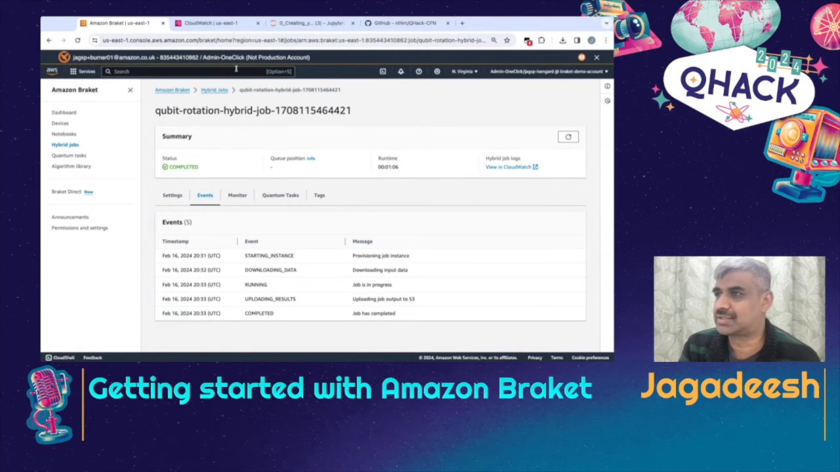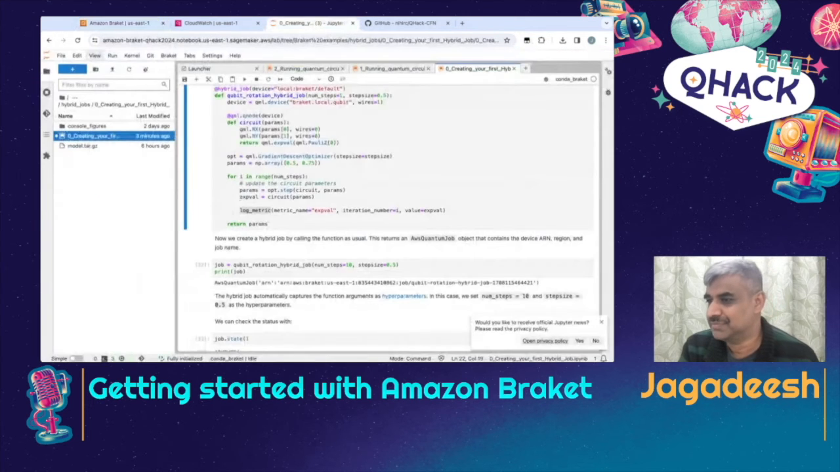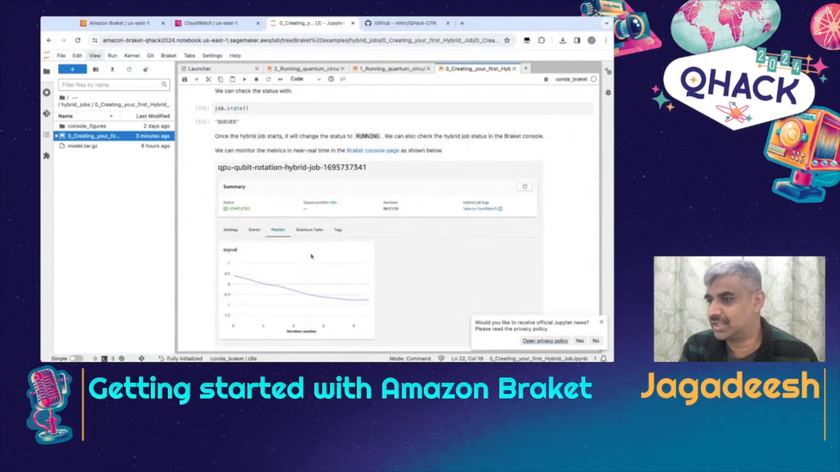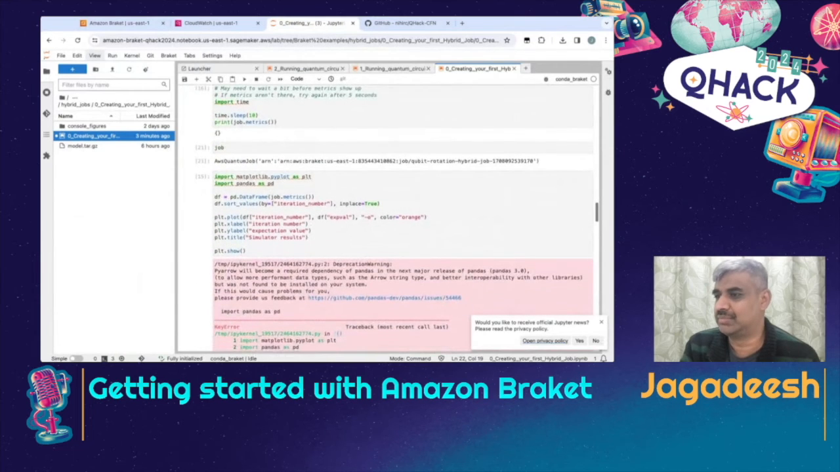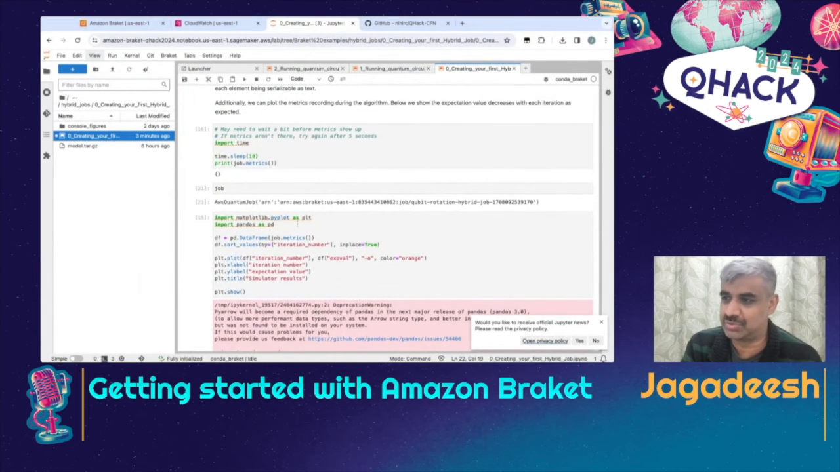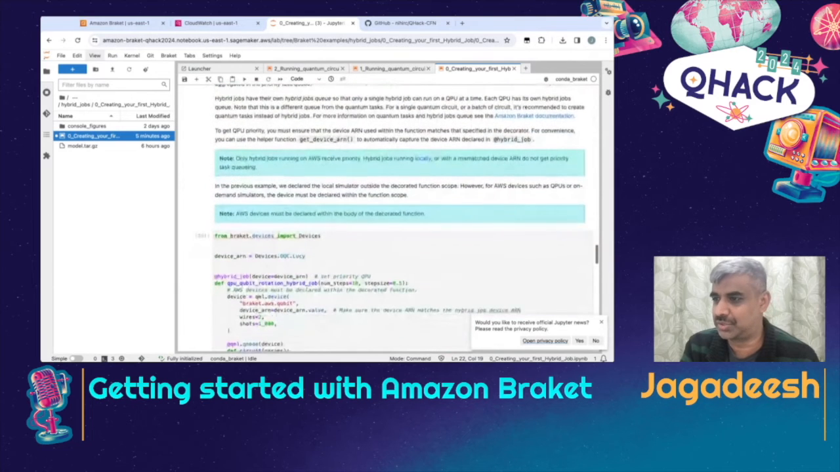Right, so that's hybrid jobs at a high level. And it's the same thing, the example goes through and uses the same library to change to a different queue, so you can